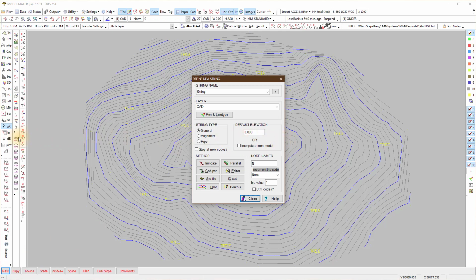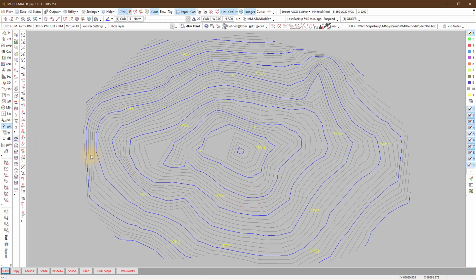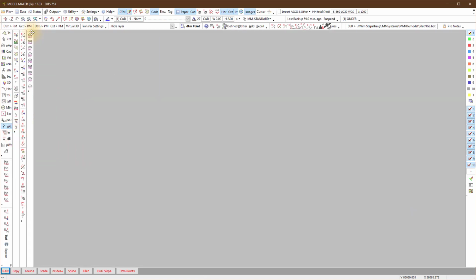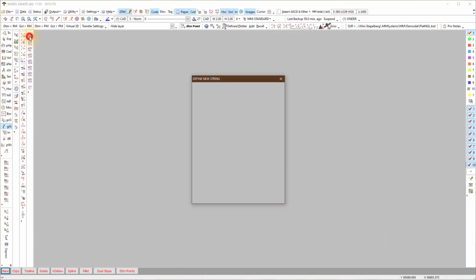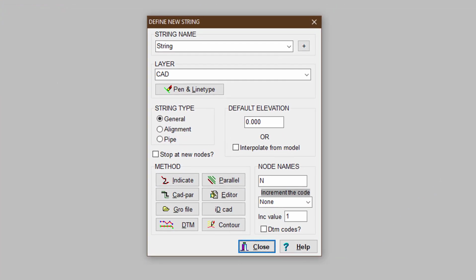On the left hand side you'll see there is a shortcut menu for the strings, and for now I'll just move it to the left here. The top one there opens the same window, GXT add. We're only going to look at the general strings, and we're going to first just do a section and illustrate how to do that. So I'm just going to call it string, the layer name I'm also going to call string,